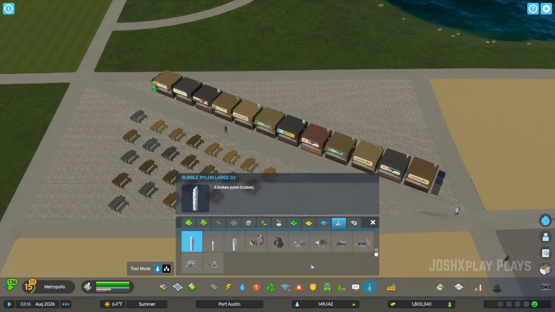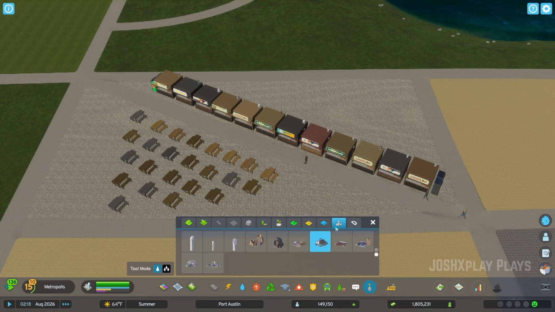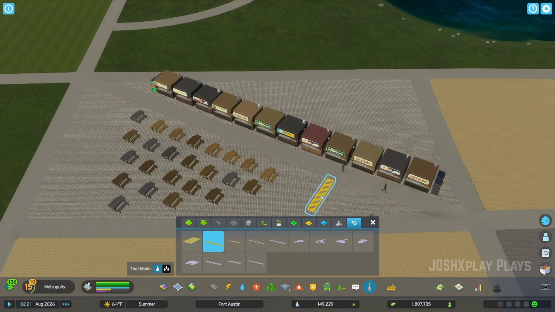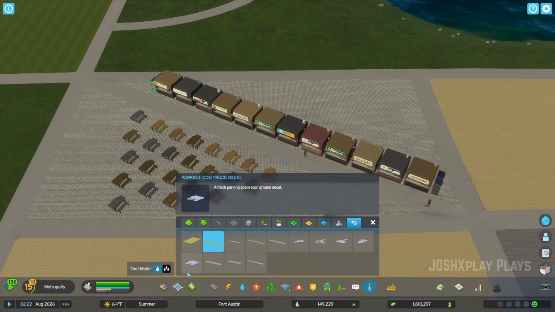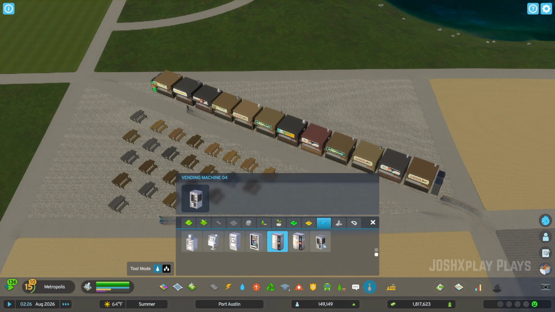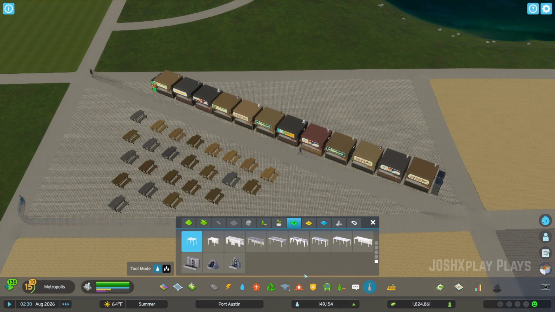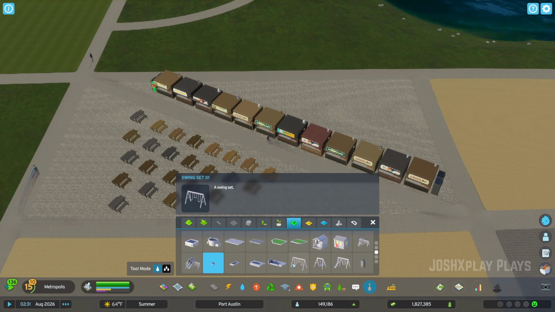We have debris, which we of course don't want any. We don't want any trash or anything. We also don't want any decals, right? It's not gonna add anything to our little food truck park. And maybe we'll add a fountain. This is a wall fountain. Oh, we do need